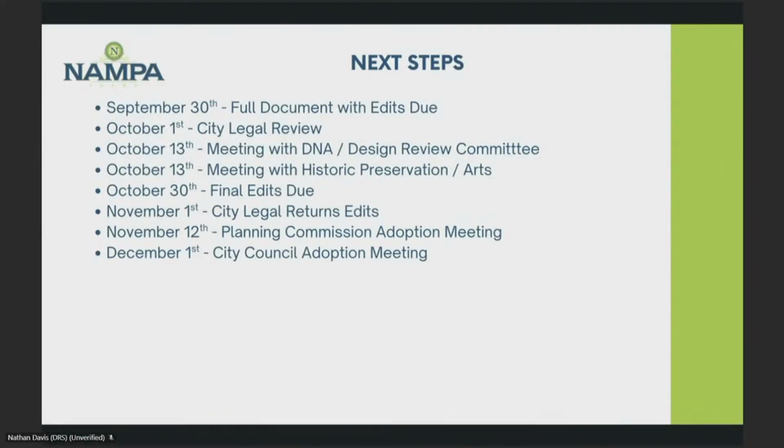Next steps. Full document with edits. And also, before even that first step, I need your comments back, right? That's the first step. Without comments, we can't make changes. Please include this in your email, with all your instructions, so we have it all in one place as a reminder. Thank you,